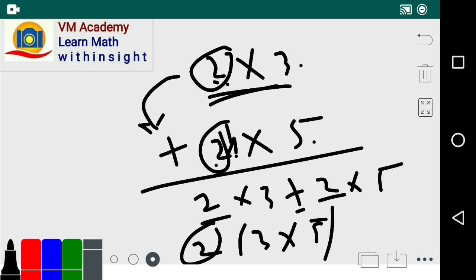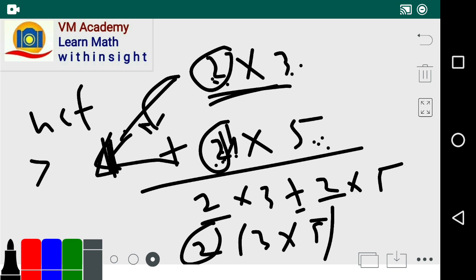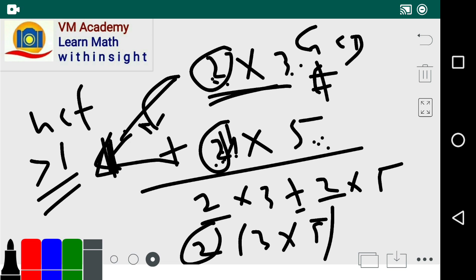So, if numbers have a common factor other than 1, any common prime factor, then their greatest common divisor or highest common factor is obviously greater than 1. That means they share a common factor, so the GCD of such numbers is not going to be 1. So they are not relatively prime to each other, friends. This concept is important.